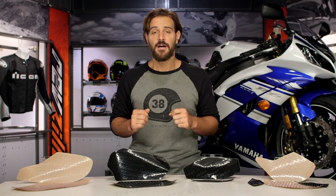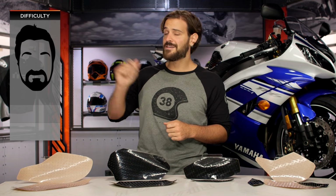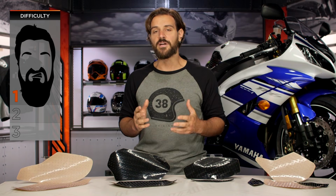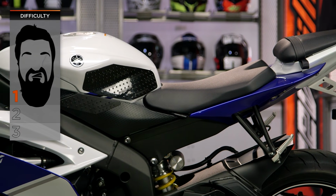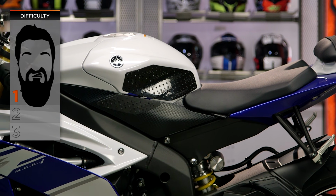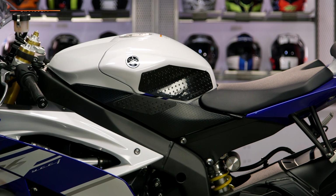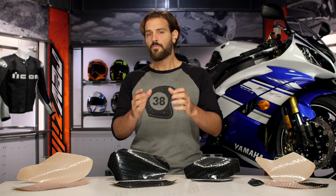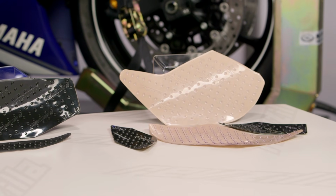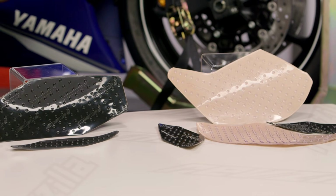for your bike. Now, install for this on our BSD, or Beard Scale of Difficulty 4 installation, is going to be a 1 out of 3. To get these installed in your bike, you're looking at about 15 to 20 minutes in the garage, but you do need to make sure you give yourself at least a 24-hour window to let the adhesive cure. So we'll talk more about install at the end and the process you're going to have to do to get these onto your bike, but for right now, let's break down what you see in front of me on the